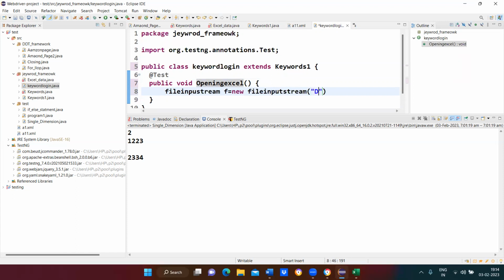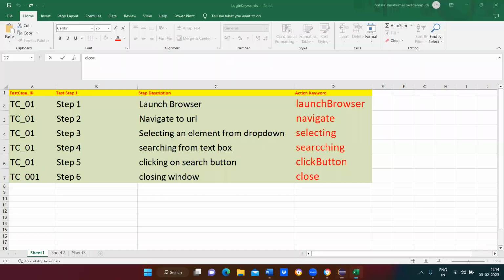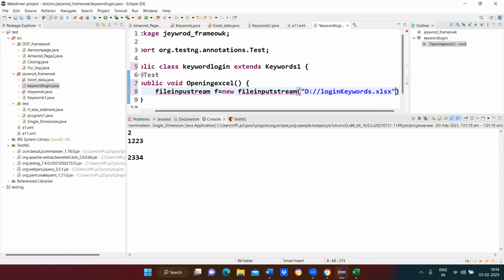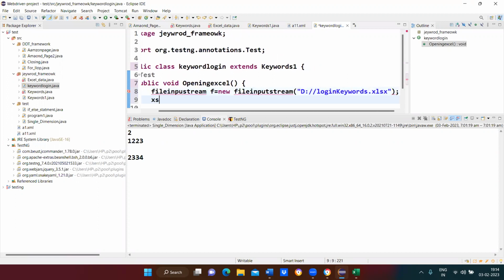D colon double slash, and what is the file name? Your file name is login keywords.xlsx. Now XSSFWorkbook wb